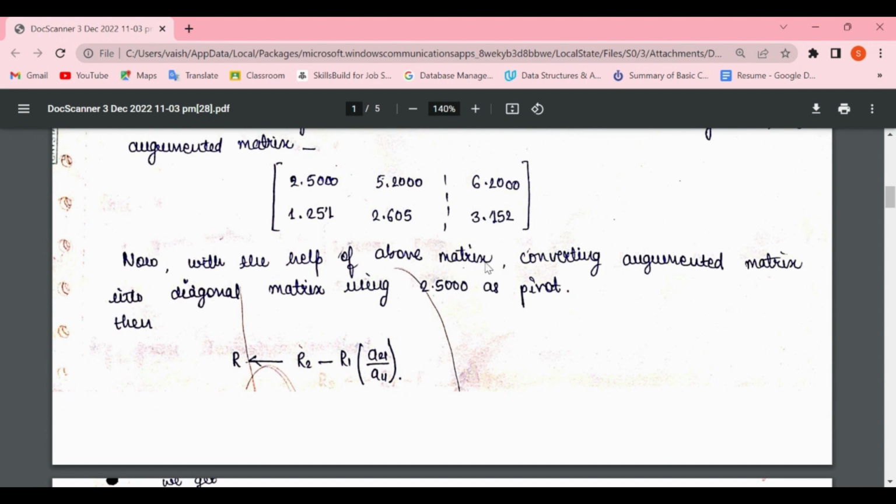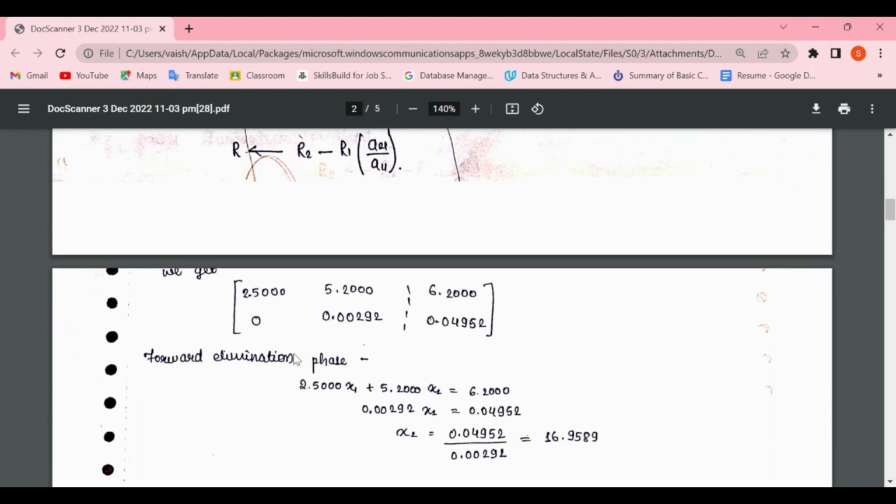Now, with the help of the above matrix, converting it into an upper triangular matrix using a11 as pivot, we are replacing the second row by performing the operation R2 minus R1 into a21 upon a11. So we will get the matrix as 2.5,